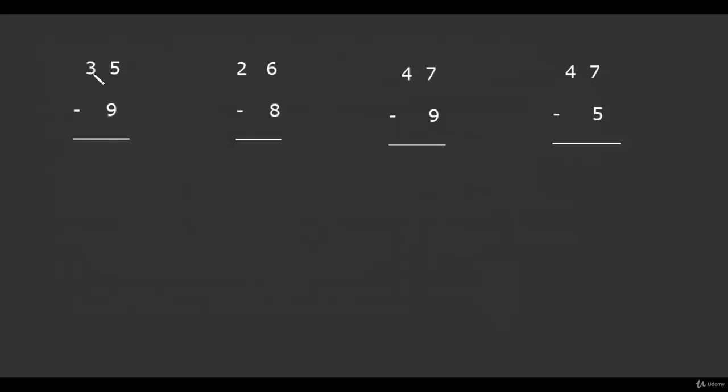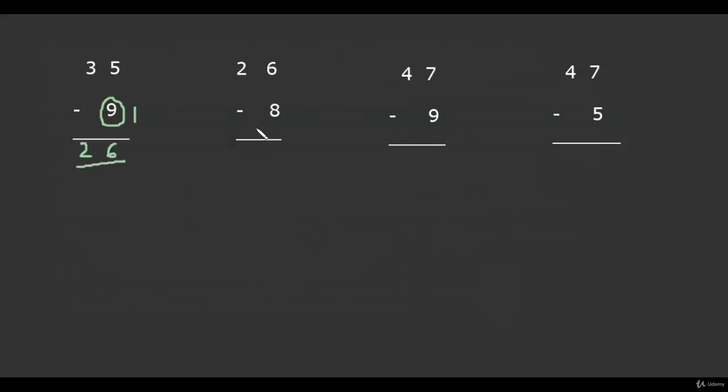Now here, first of all we will observe 3. There is no number below it. So we have to drop 3 over here. But before dropping 3, we will observe the next pair. If the next pair is a mismatched pair, as 9 is greater than 5, so this pair is a mismatched pair. In that case, we reduce 3 by 1, so it becomes 2. Instead of subtracting 9 from 5, we will write the complement of the second number 9, that is 1. And we add this to 5. This becomes 6. 26 is the answer.